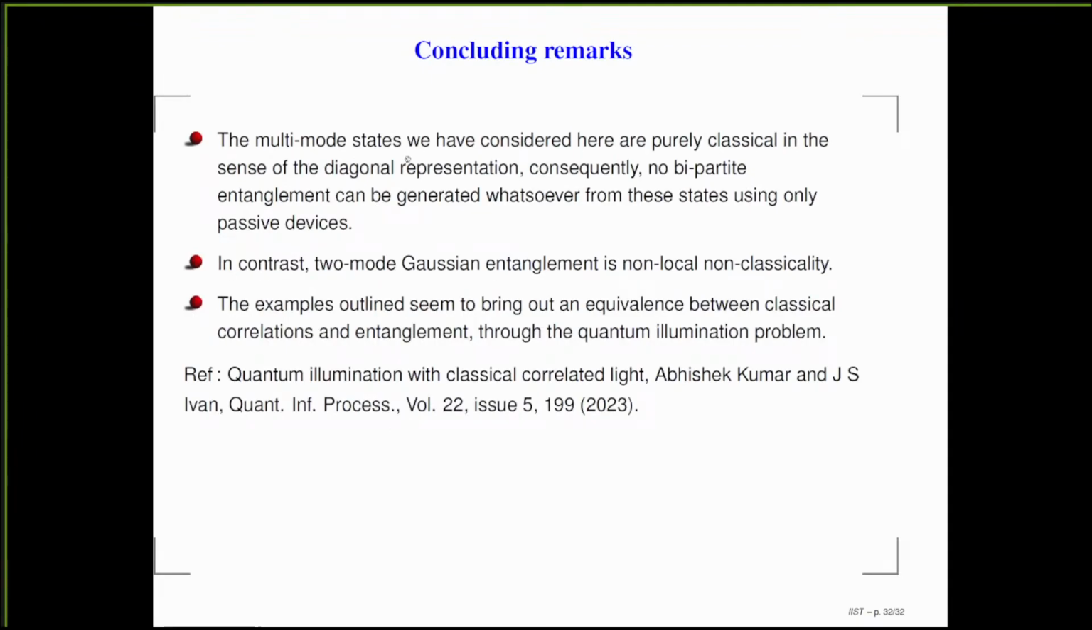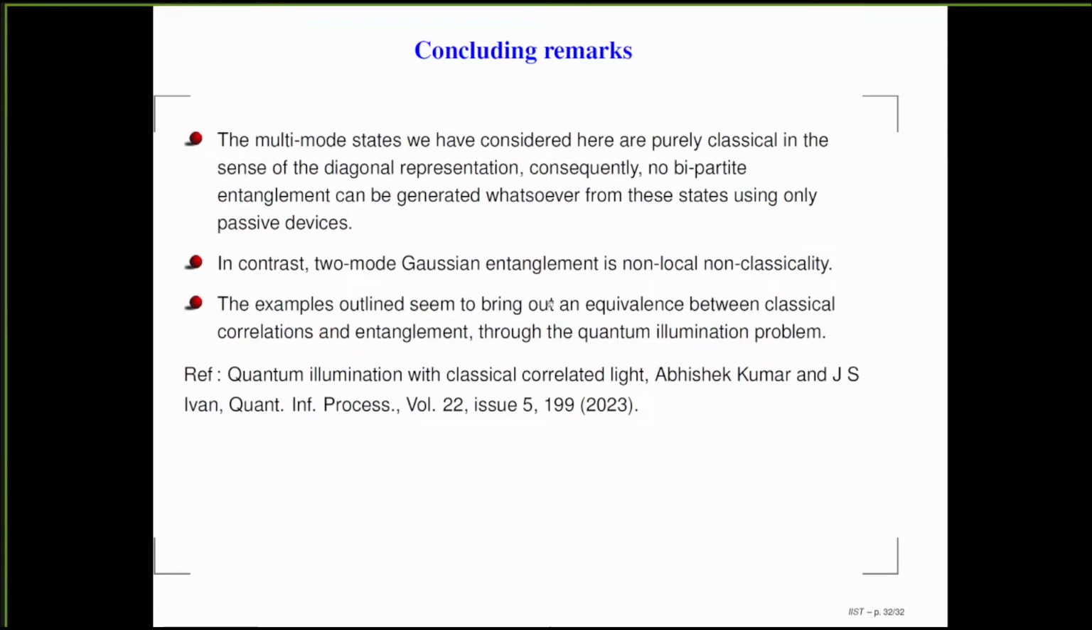What we have in hand are multimode states which are purely classical in the sense of the Sudarshan diagonal representation. No bipartite entanglement can be generated whatsoever from the state using only passive devices. By passive devices, we mean beam splitters and phase shifters. You cannot generate entanglement using simple passive devices. In contrast, Gaussian entanglement is non-local and non-classical. It is a highly non-classical state. Somehow, we have a situation where purely classical correlated states outperform entangled states